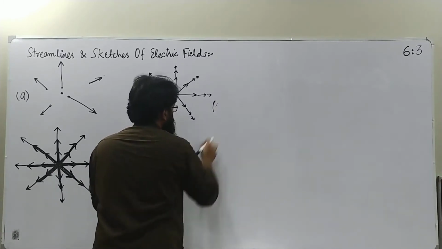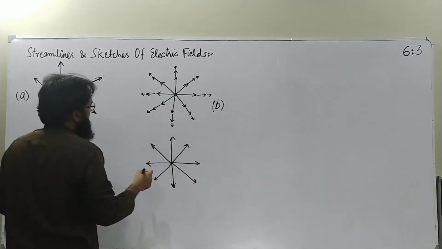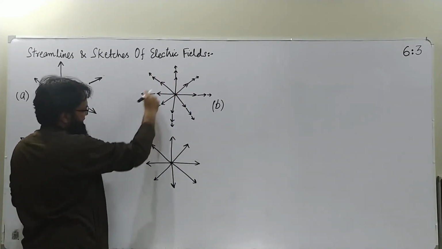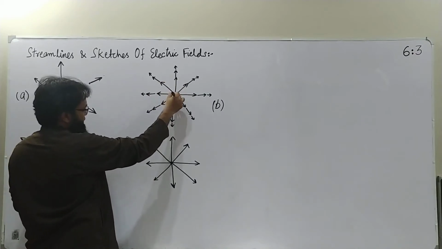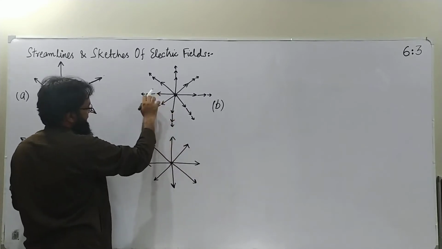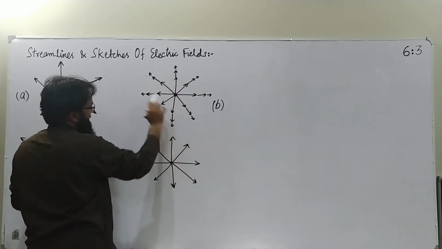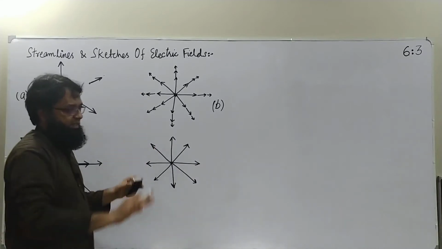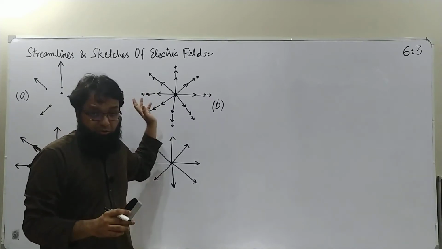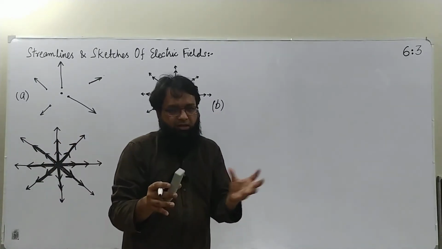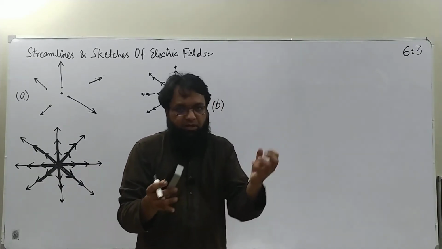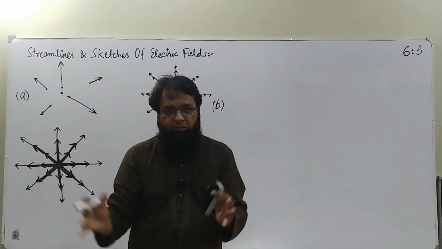this approach B, which is actually showing symmetrically the field in all directions. This looks more intuitive. If we have a point charge here, the lines which are closer to the point charge are longer, the ones which are farther are smaller. So wherever you see a sketch of the field where no point charges are shown, where no sources are shown, if you have some complex arrangement of sources which are not shown but the field formed by those sources is shown,